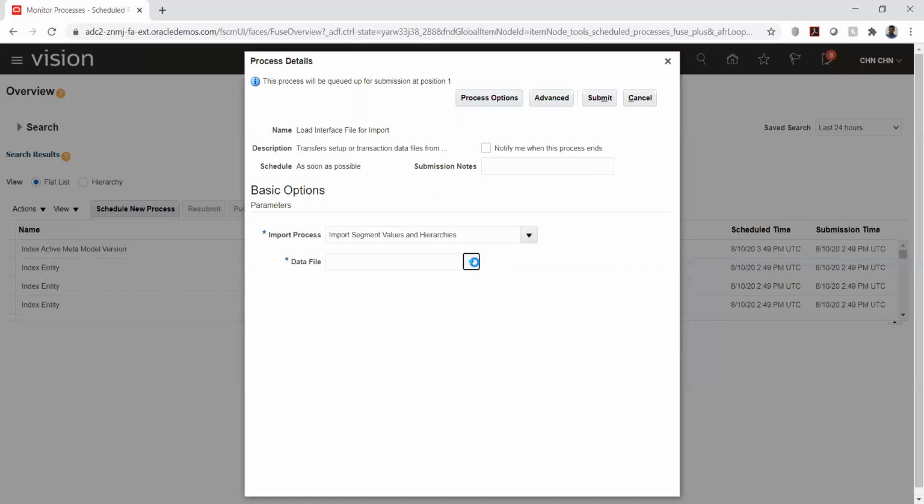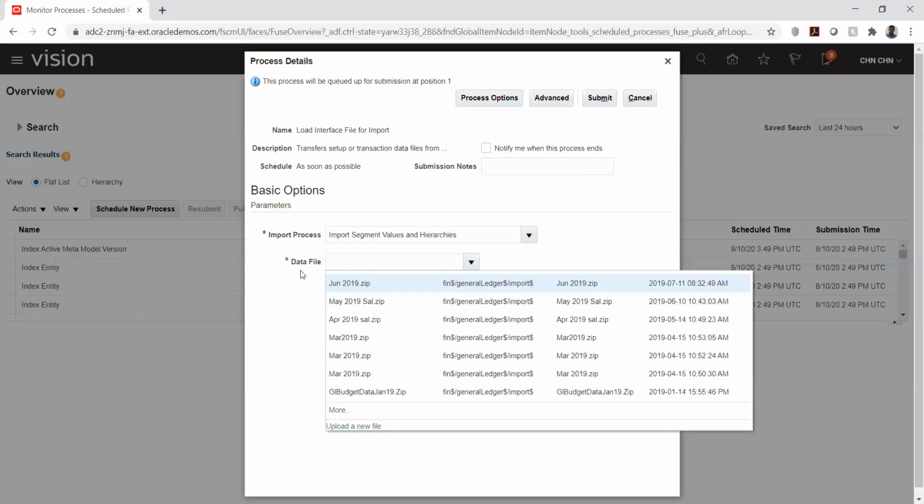So I'm selecting the data file. If you see here, we will see a few data files that are already available. Basically, there are two ways of loading it. We can take a manual way of doing it, that is loading only the data file through file import or export, or we can do it directly. That is two jobs.